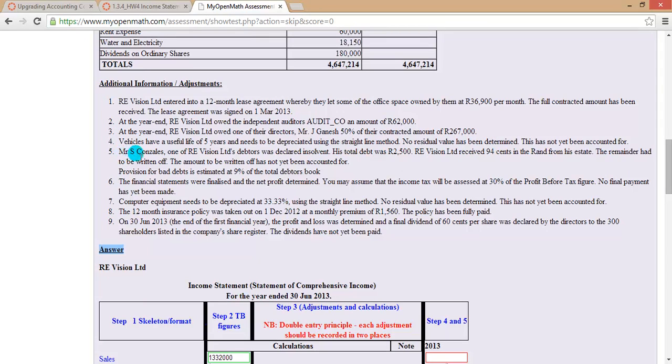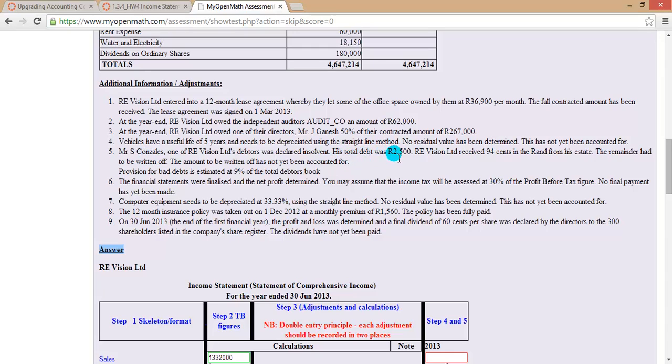Mr. Gonzalez, one of Revision Limited's debtors, was declared insolvent. His total debt was 2,500 Rand. Now, Revision Limited received 94 cents in the Rand from his estate. The remainder had to be written off. So what's happening here? Well, Revision Limited has got a debtor that owes them money. But now, because this debtor, Mr. Gonzalez, has been declared insolvent,